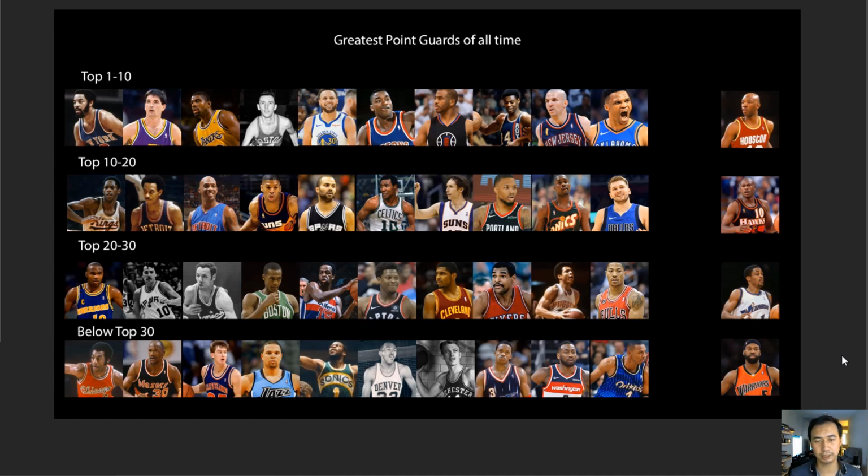So this is the list we'll be drafting from, the list that I made. Just to go through it again, I added a few other guys who I thought were good role players as well. For those of you who don't know who all of these players are, let's go through them. For the greatest point guards of all time, this is my list that we'll be drafting from. We have Walt Frazier, John Stockton, Magic Johnson, Bob Cousy, Steph Curry, Isaiah Thomas, Chris Paul, Oscar Robertson,